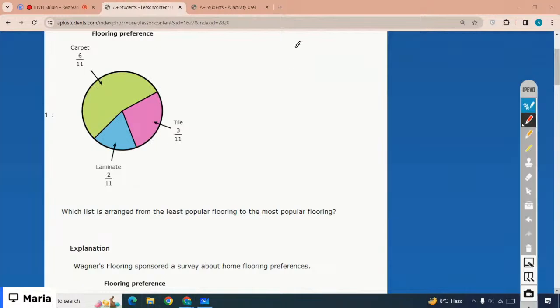So from least to greatest, you can go like 2 over 11, then you have 3 over 11, and then you have 6 over 11. So the correct option is 2 over 11, then you have 3 over 11, and then you have